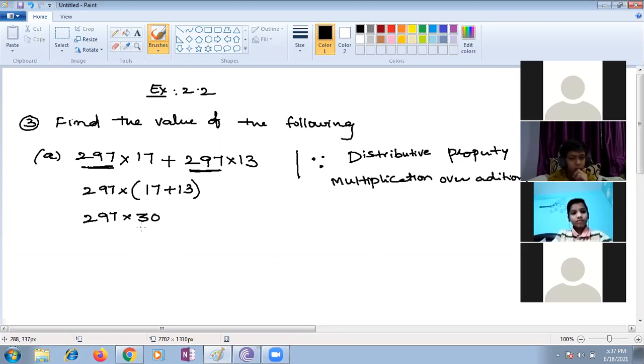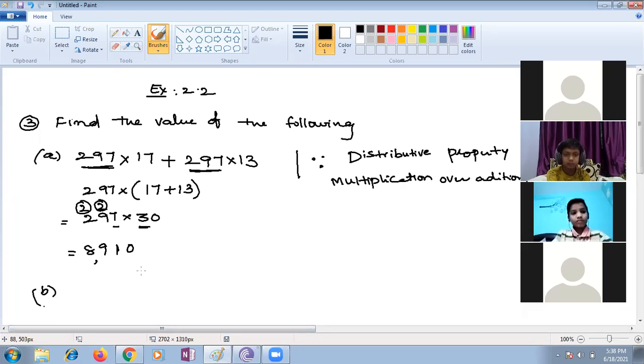See, children, no need to do normal multiplication; you can do horizontal multiplication also. 3 sevens are how much, children? 3 sevens are 21. You write 21 here, 2 is carry over. 9 threes are 27, 27 plus 2 is 29. So 2 is carry over. Again 3 twos are 6, 6 plus 2 is 8. Add 0 here. So this is 8910. Very good. Like that, once we understand the concept, we can start doing sums.